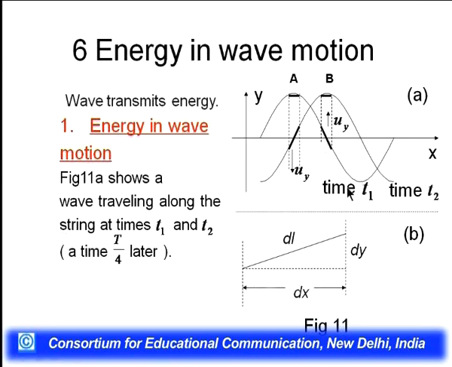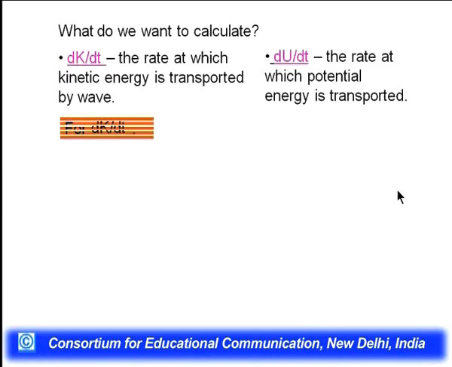Now here we see the waves, one wave A and the second wave B. The time period for one wave is T1 and for the other is T2. These are moving along the x-axis. Here uy is the speed. From this diagram we see the waves travelling along the string at times T1 and T2. At time T by 4 later, we will see that